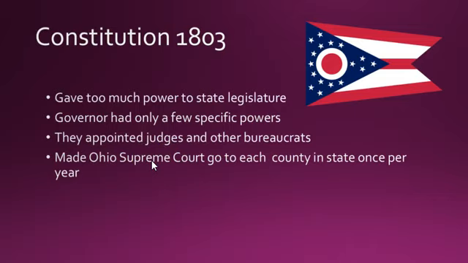Now, when the Constitution was passed in 1803, I think there were only about 20 or so counties, but by later in the state's history, we had 88, which is currently how many counties we have in Ohio now, 88 counties. And so to get to 88 counties, at least once every single year was very problematic because